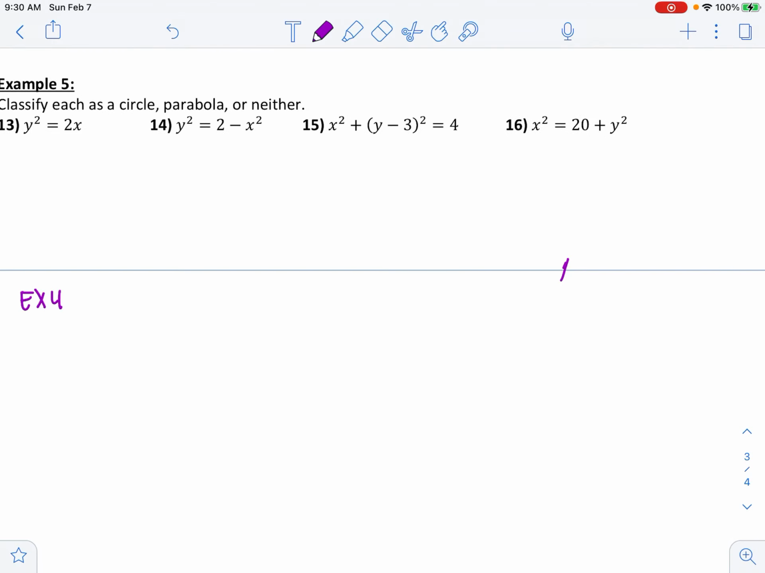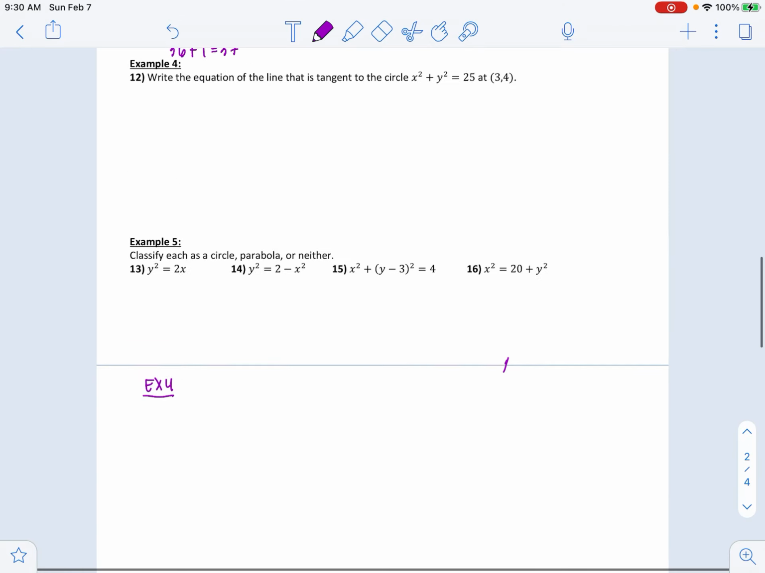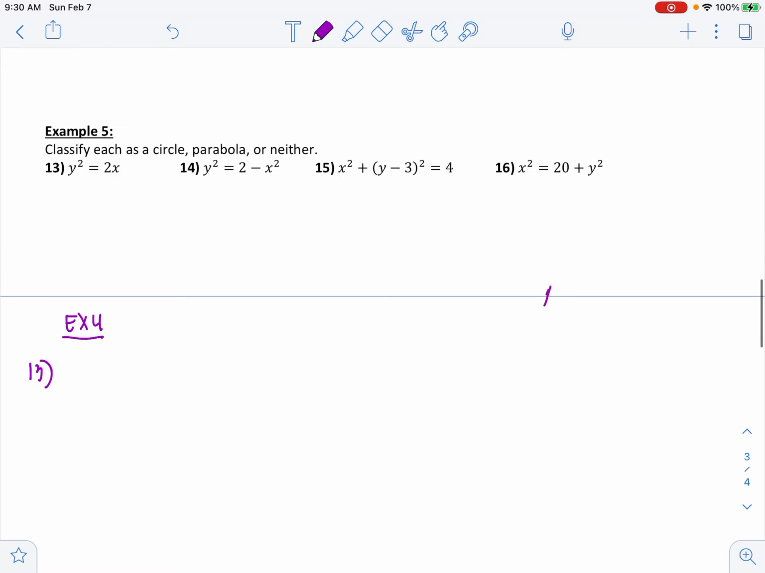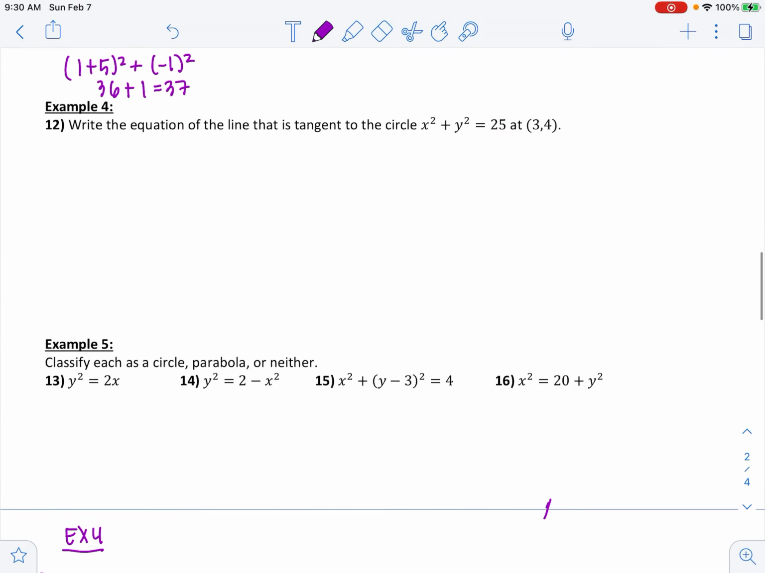So we're going to do example 4, and we're going to do a part 13 because I want to make sure you'll see why. Okay, write an equation of a line. So that's my first clue here. Write an equation of a line that is tangent to the circle x squared plus y squared equals 25 at